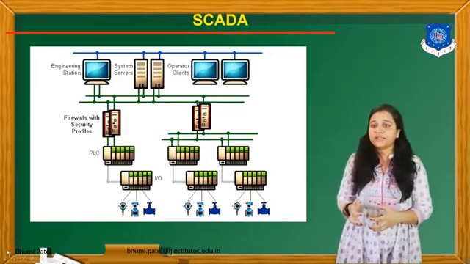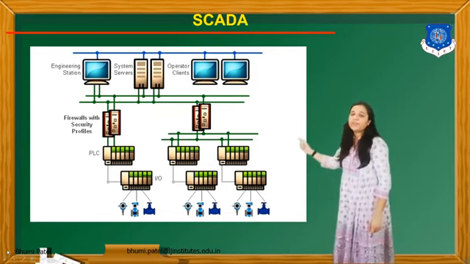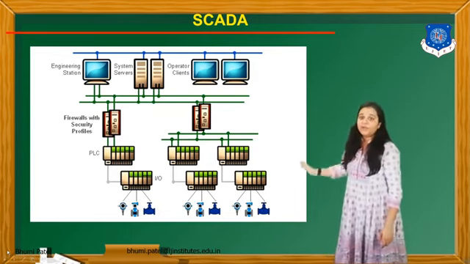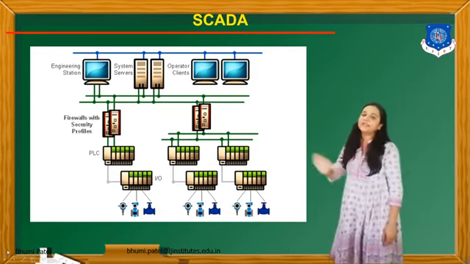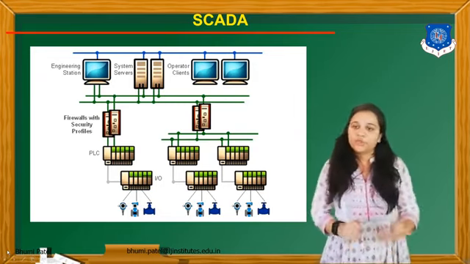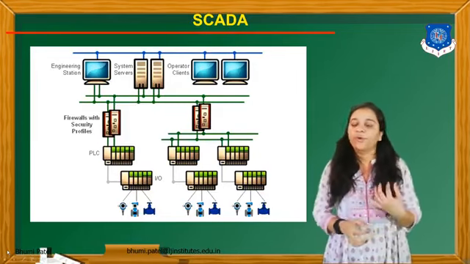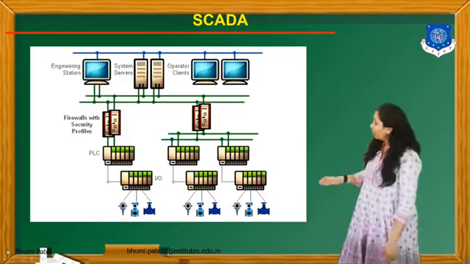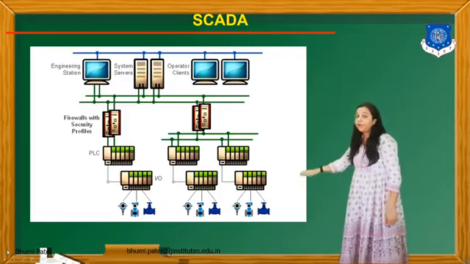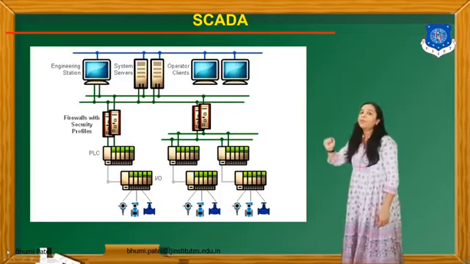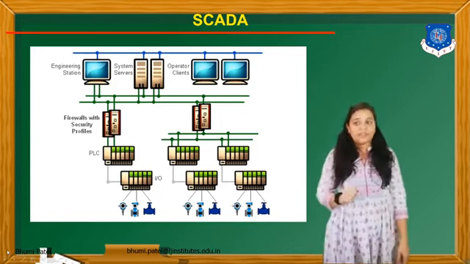Okay, as we discussed, this is how the different PLC hardware is connected: 1, 2, 3, 4, 5, 6 PLC hardware is connected. So the software is required, programming is required. Now, as you know, on the below side, different types of input and output devices are connected with the PLC